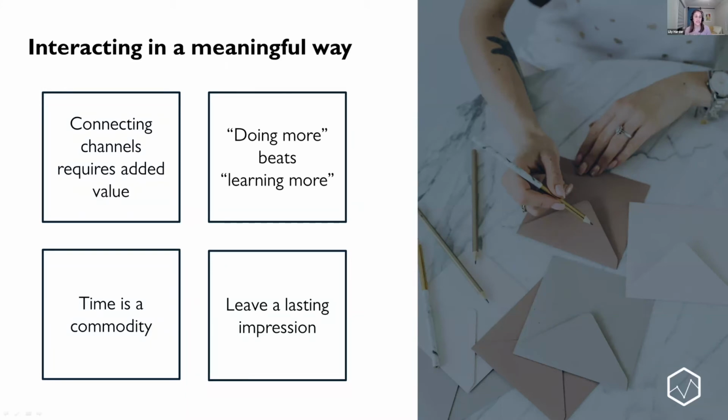Time is a commodity. This is where you really have to think about, you're asking for a lot of time. When someone has the attention span of a goldfish these days, really, when you're creating a campaign, especially in a medium like print, you're asking for a lot of time. So make the most of it and maybe try to elongate it as much as possible. And then just leave a lasting impression. That's really the name of the game. And there's so many ways to do that now, in a way that kind of sparks an idea, sparks a trigger, an action, or creates a lasting memory.